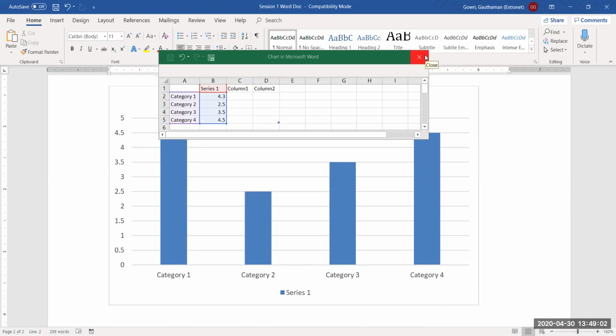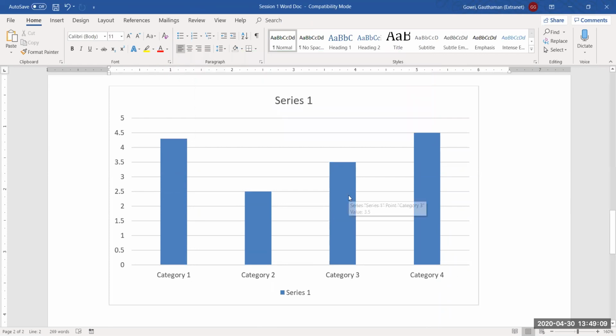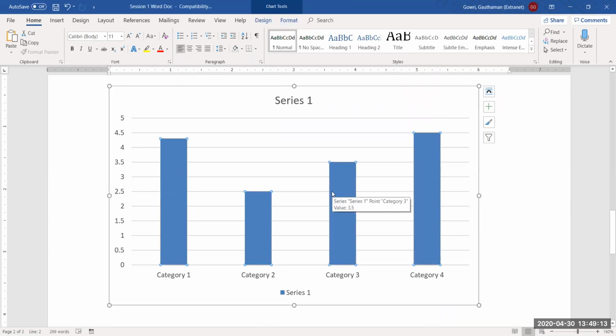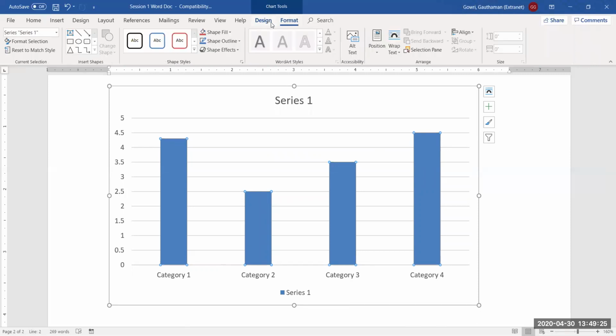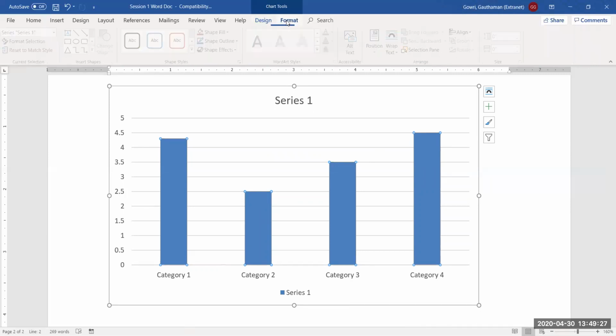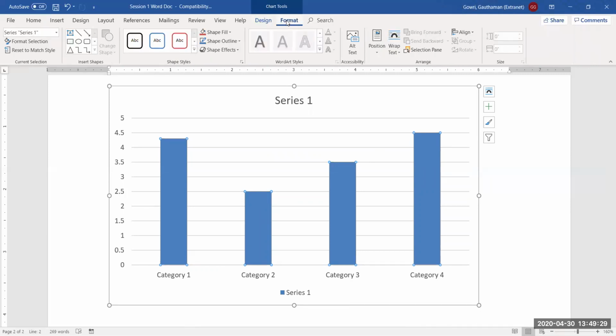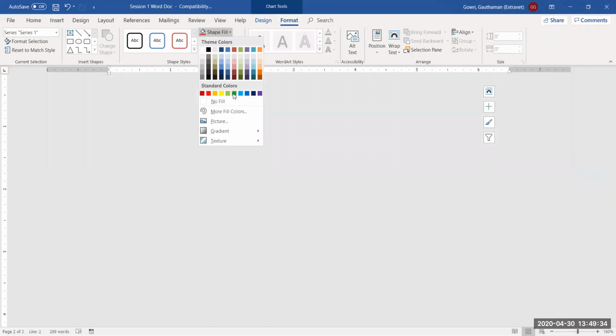Suppose you have something like this to display with only one numerical column. I'll close this. You can customize this as well. Just select the data series. So you have some small icons here. You can also choose from here, or you could also go to chart tools, design and format tab. So over here you can choose how exactly you want it to look. I'll go to format. Now let's say I want to change the fill color of this to green